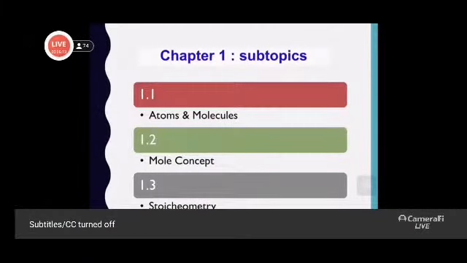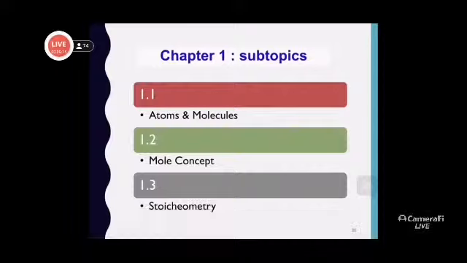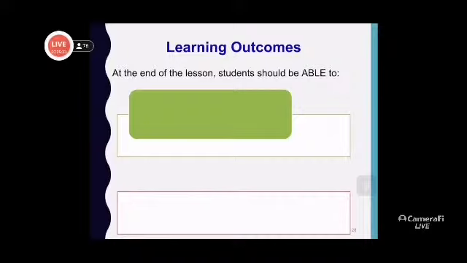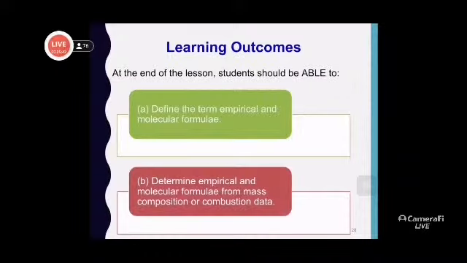Let's recall all the subtopics in chapter 1. So we have completed 1.1. Now we will continue with 1.2, which is mole concept. This is one part of subtopic 1.2, which is empirical and molecular formula. In this subtopic, you should be able to define the term empirical and molecular formula and determine empirical and molecular